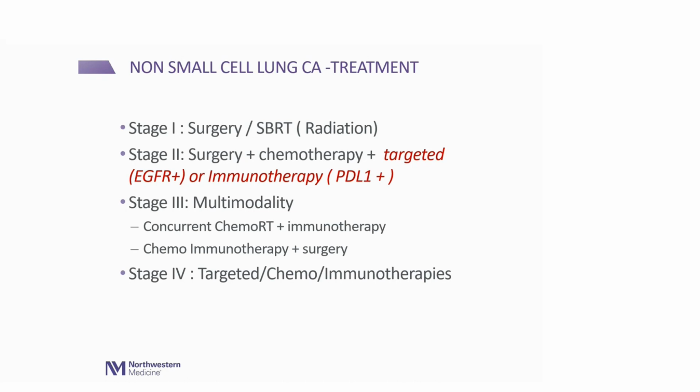Stage 3 is very tricky because there are so many different ways of treating. We usually use multimodality treatment, meaning different types of treatments. Most common preferred type: remember, stage 3 is where it moves to the lymph nodes in the middle of the chest, higher lymph nodes by the breathing tube, by the trachea. Usually it's chemotherapy and radiation together, and then it's followed by immunotherapy. Sometimes we use chemotherapy and immunotherapy and then follow it with surgery. So there are different ways of doing it.